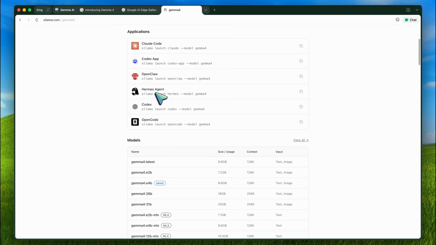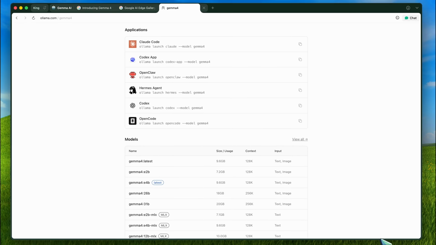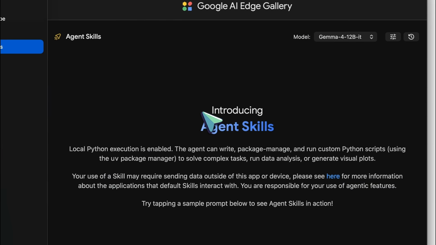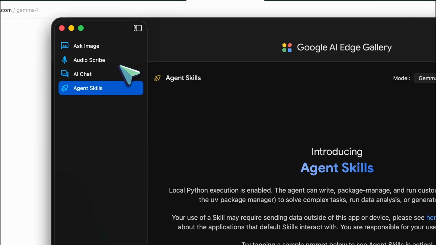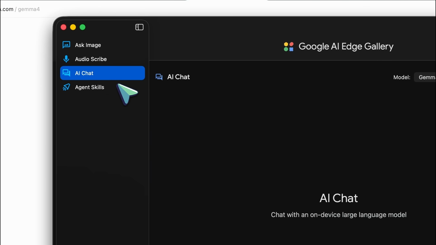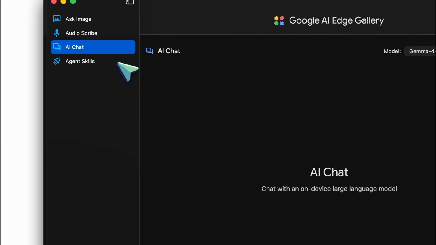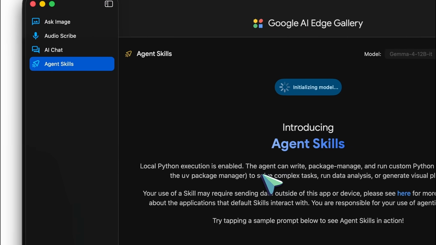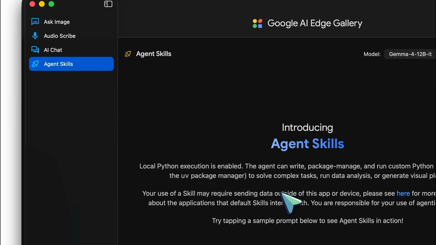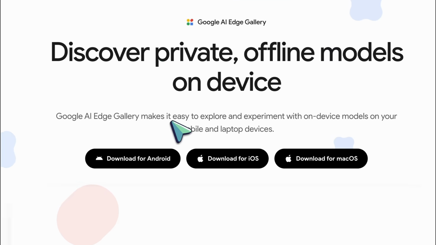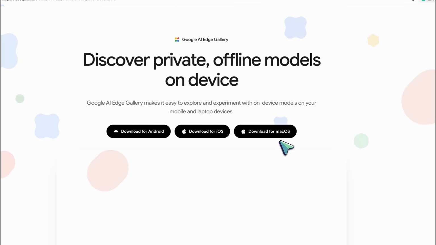Let's start with the app path because this is probably the easiest way to show it on screen. I have the Google AI Edge Gallery page open here, and the first thing you see is the line, Discover Private Offline Models on Device. Under that, you have download buttons for Android, iOS, and macOS. The macOS part is the new interesting thing for this video because Google AI Edge Gallery is now available as